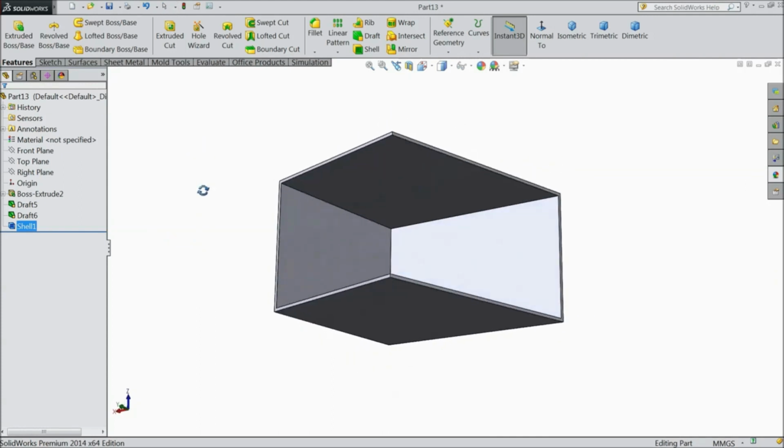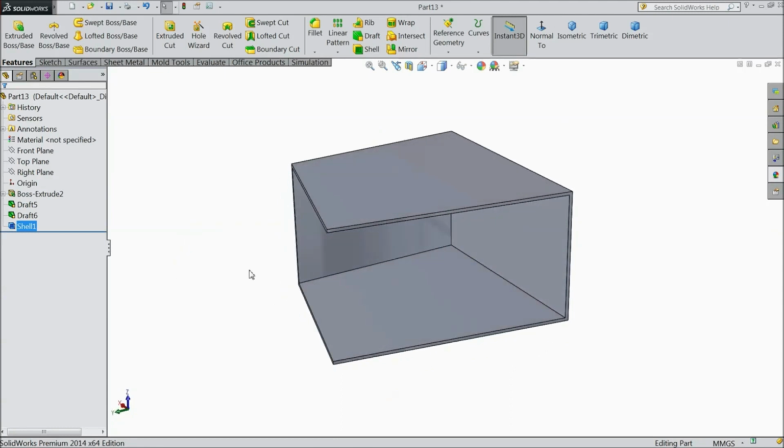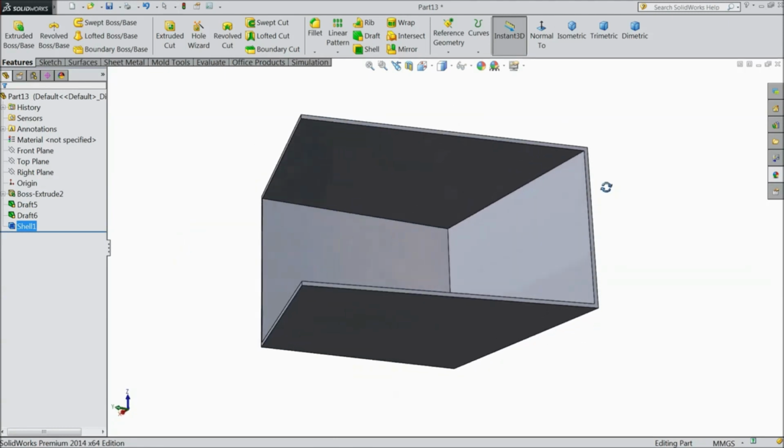So this is a very useful and very helpful command in SolidWorks. We have to use it in many projects and many